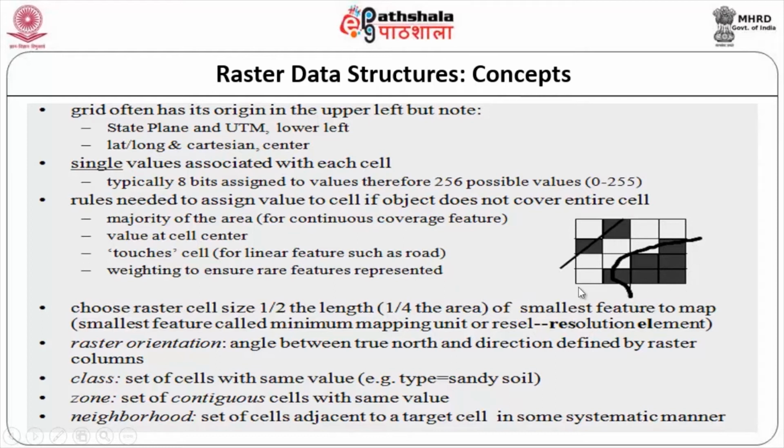This is the grid. In most cases, we normally take the lower left end as the origin. In the case of a grid, incidentally, it is not the lower but the upper left corner. From here you take this as 0 0 and this as 100 100. However, the state planar coordinate system and the UTM will consider the lower left, because they, as well as your long lat and Cartesian coordinate system, have different origins.